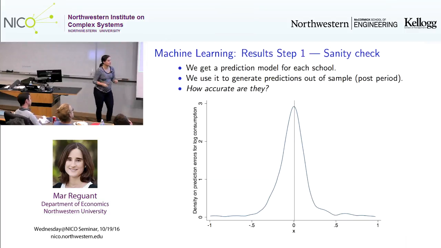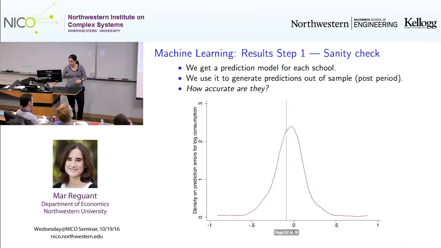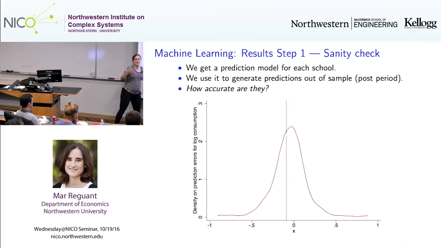Now I'm going to show you the distribution for the treated schools. And sure enough, they overlap quite a bit. But you can see it's clearly shifted to the negative end. Negative in this setting means that our predictions are too big. It means that the schools are actually saving electricity. So just looking at the raw predictions, we can already see that there seems to be a treatment effect. There seems to be a reduction in electricity consumption when compared to the control schools.